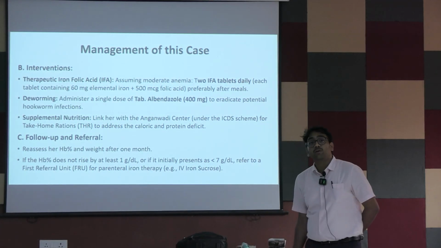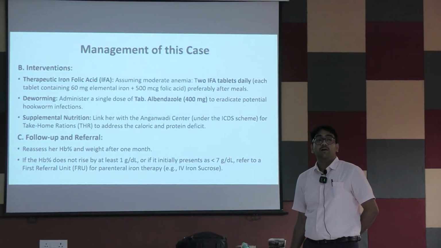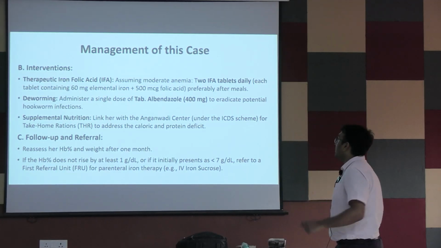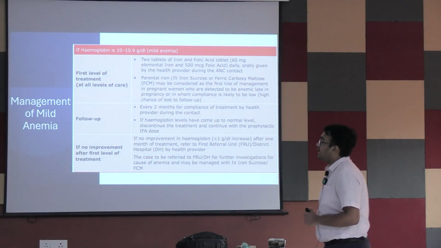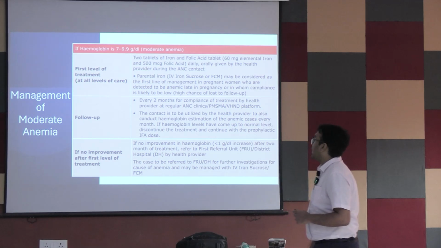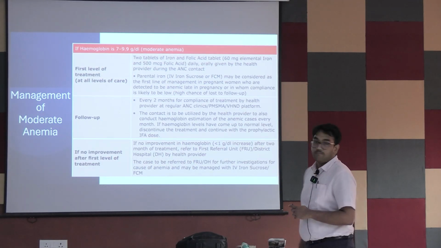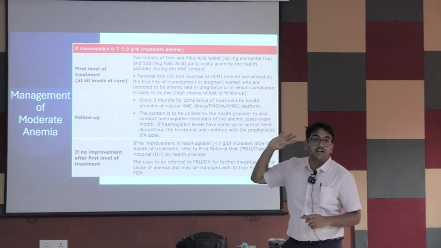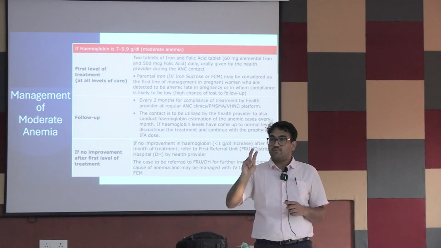So what is the program that takes care of management of anemia? The name of the program is Anemia Mukt Bharat. So under Anemia Mukt Bharat, we have guidelines for the management of mild, moderate and severe anemia, okay. So for mild and moderate anemia, the first line of management is iron folic acid tablets, 2 tabs,